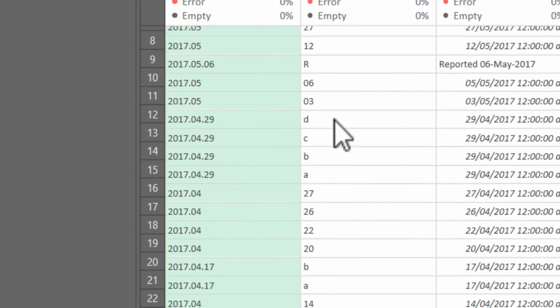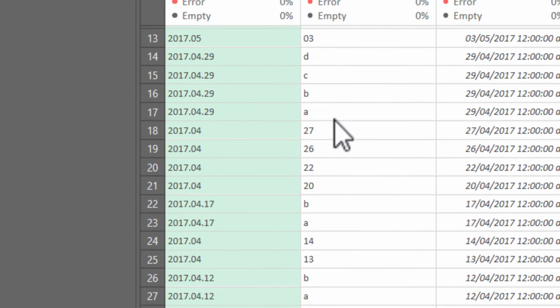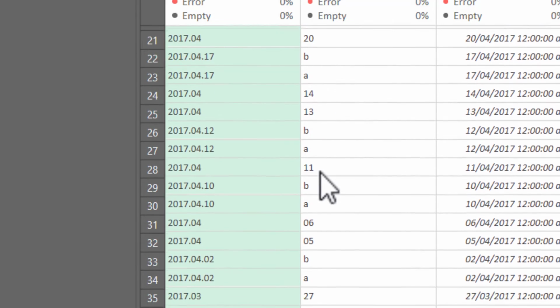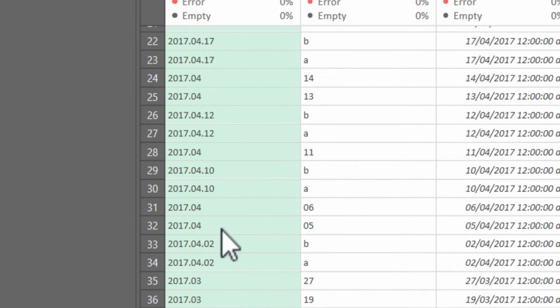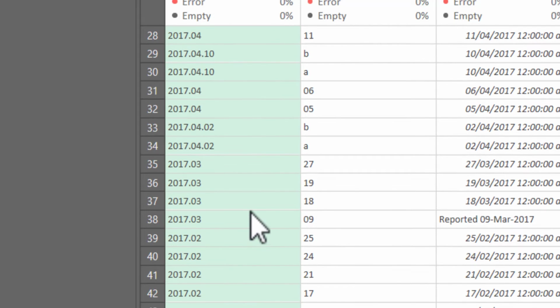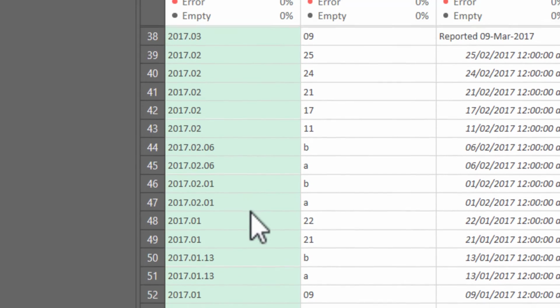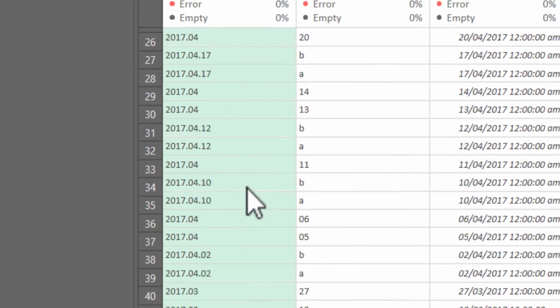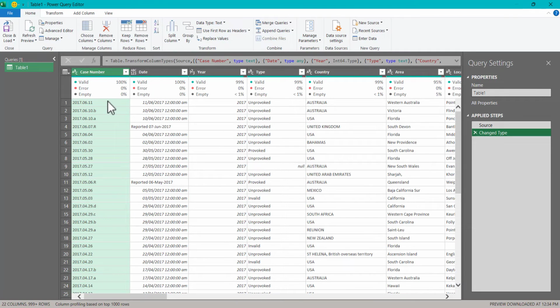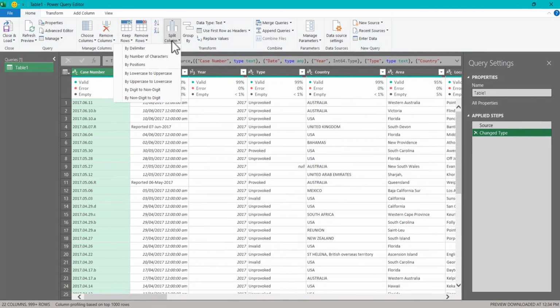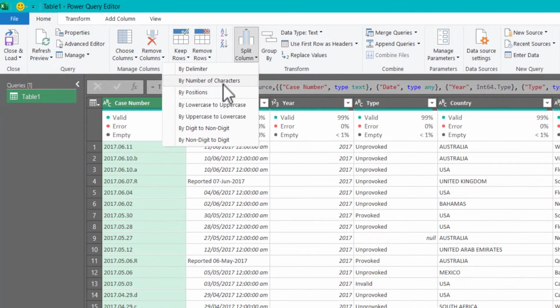Now we can see here that it has separated some of the unwanted characters, which are the alphabets, but we are still having an issue. It's actually removed some numbers, and not all the dates have the alphabets attached to them. So let us just cancel that and see what else we can do. So there's something in Power Query we can do, and we can split column. We have different modes, different ways we can split column. So what we can try next is to split by digits to non-digits, and I'm going to click that